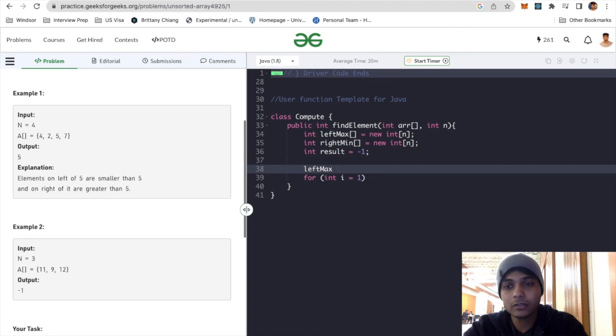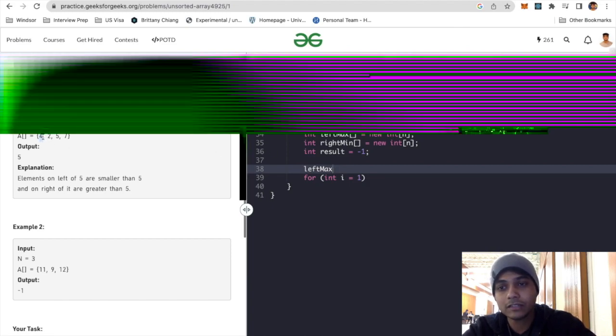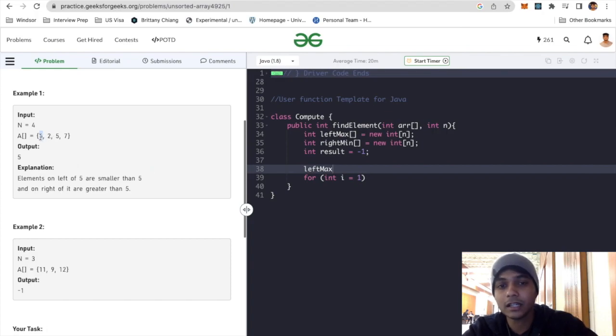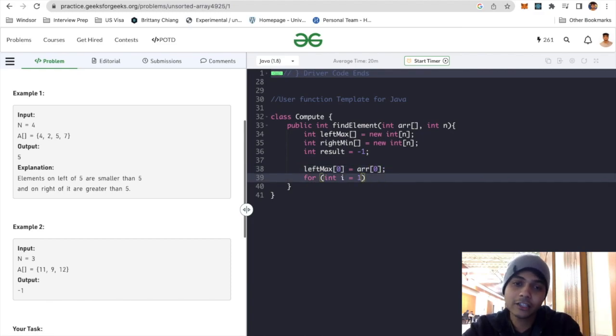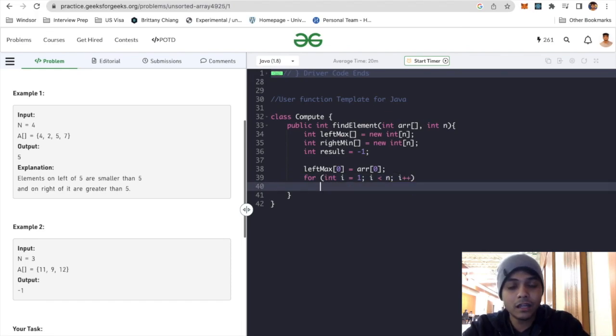So as I was telling you guys earlier, the first left max for the first element will always be the first element in the array. So we don't need to iterate to the first element, because we can just directly set it as equal to the first element in the array that we need to iterate. So I'm going to set that, and then we're going to do an iteration from the first element, not the 0th element, right? And then we're going to iterate till n, and then i++,